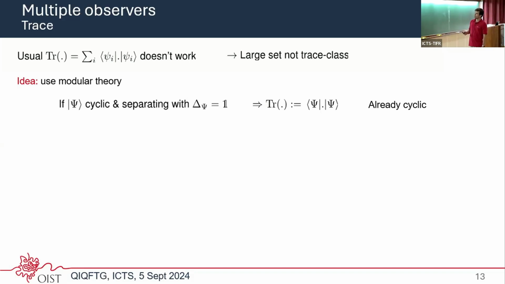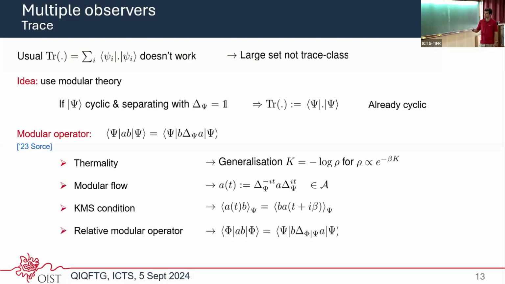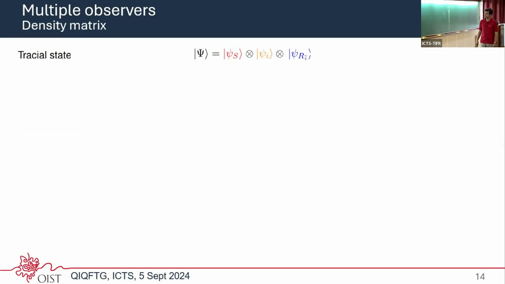If you know a bit about the modular Hamiltonian, we've already had lectures by Faulkner and some introduction by Source, then you already know that this will immediately imply that this trace is cyclic. Namely, because of this property here, because it would just be the identity. I've also written down the other properties of this modular Hamiltonian, but I will not go deeper into it since we've already had talks on this. So then what's our tracial state for this algebra?